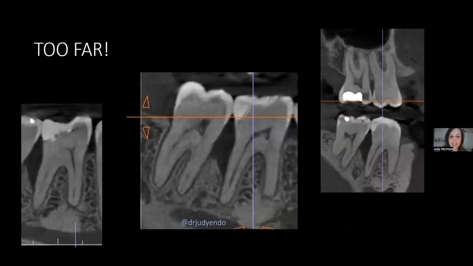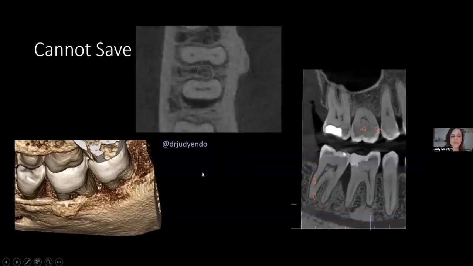Now, for everybody that has come to the conclusion already that I'm completely nuts, I'm not saving these, right? So if we go to the horizontal bone and we see now that we're beyond that quarter, beyond that 20%, there's nothing that can be done for this tooth. This is straight to the oral surgeon or back to the general dentist to extract this tooth, okay? So I wanted to take a minute to establish my limits and that I don't try to save everything that walks in the door. And you can see, again,